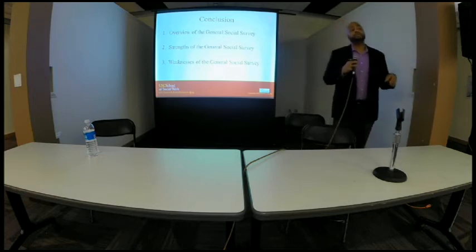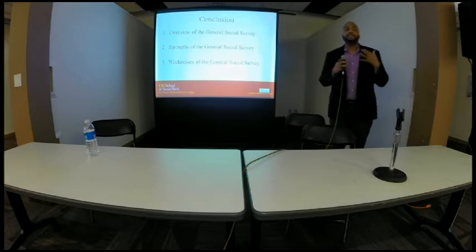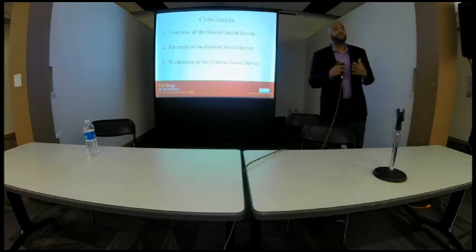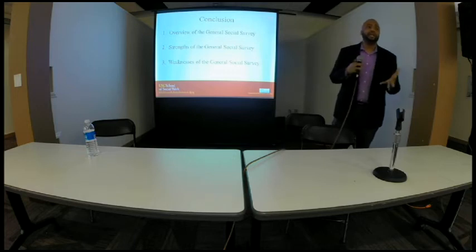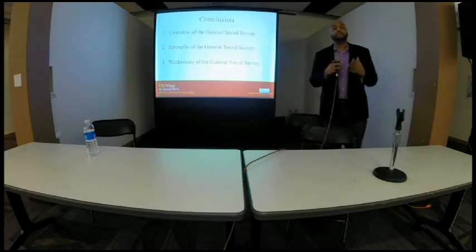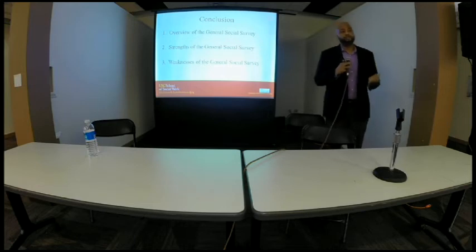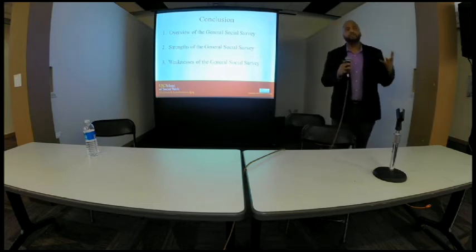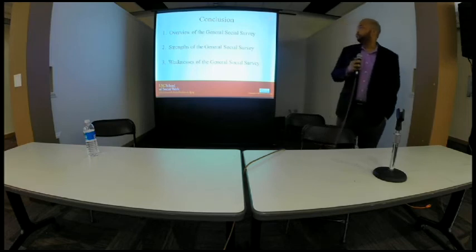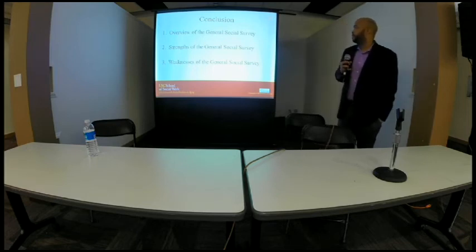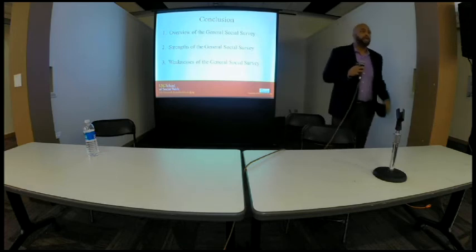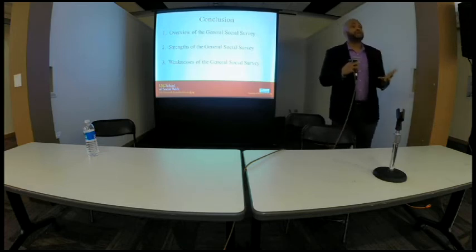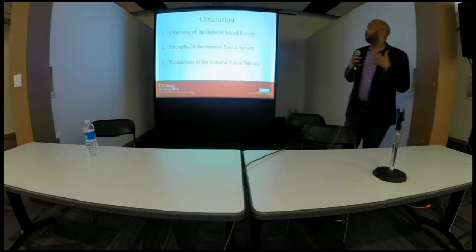Number two, we also look at the weaknesses of the General Social Survey as it relates to measuring skin tone, especially in light of the growing amount of research on skin tone and inequality-related outcomes in the United States. We find that the race or background of the interviewer actually influences the measurement of skin tone among individuals. And so future goals for the General Social Survey should include a more continuous measure of skin tone that's rated by an actual machine, such as the one in the CARDIA study. By that, we can remove some of the measurement errors within the studies.